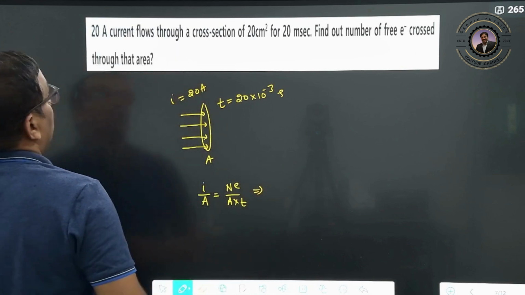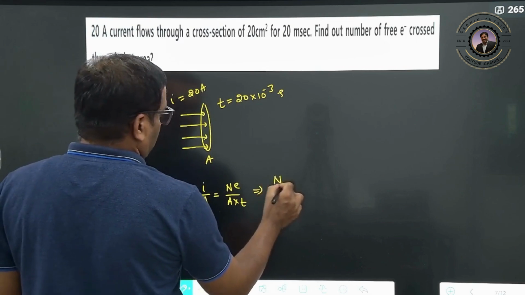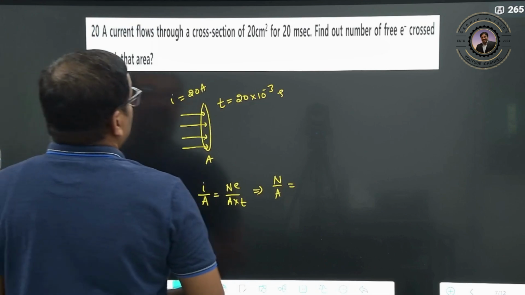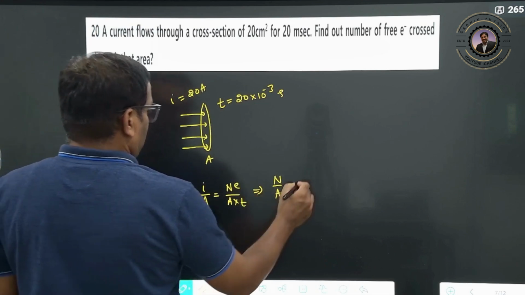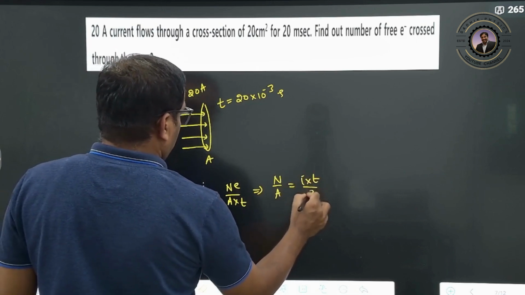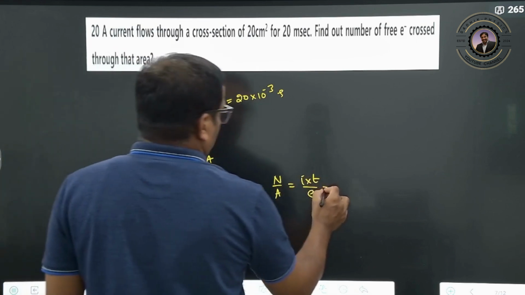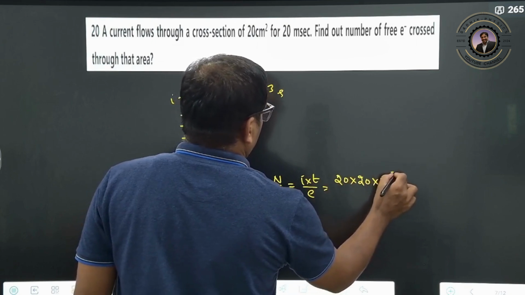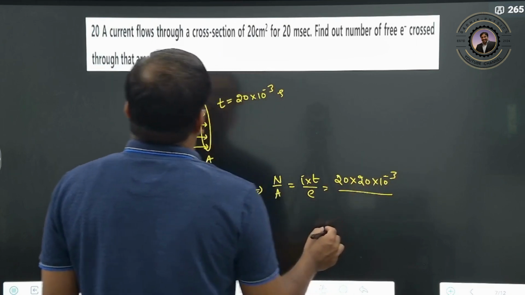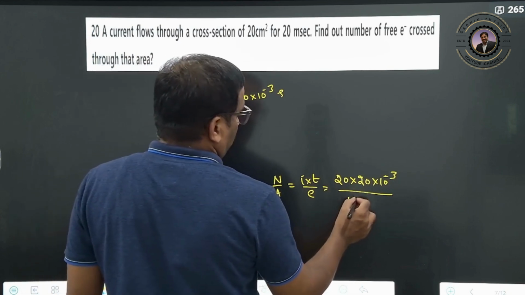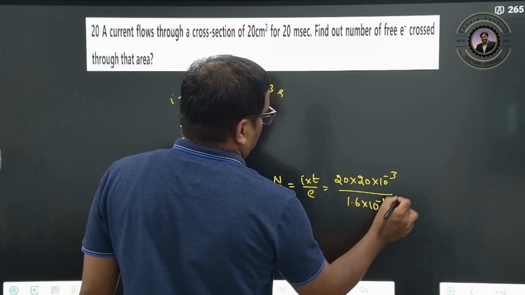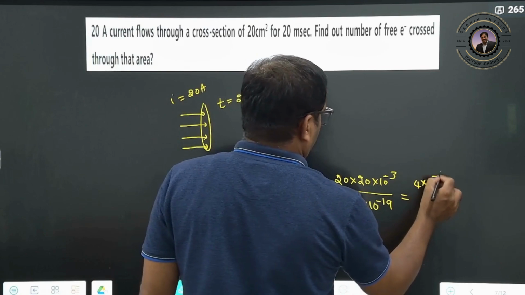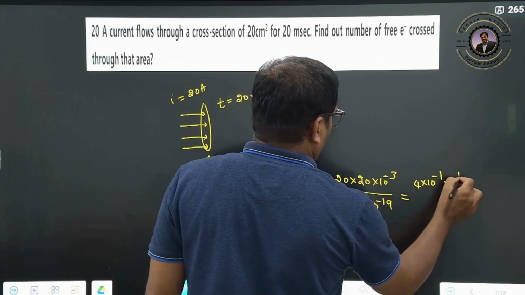So find out the number crossing that area. The number of electrons per unit area can be written as current into time divided by the charge. Current is 20 ampere. Time is 20 milliseconds. The charge of the electron is 1.6 into 10 to the power of minus 19. Clear? So this is 4 into 10 to the power of minus 1 into 10 to the power of 19